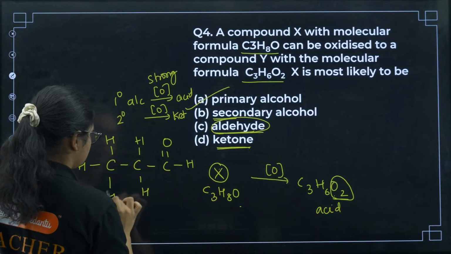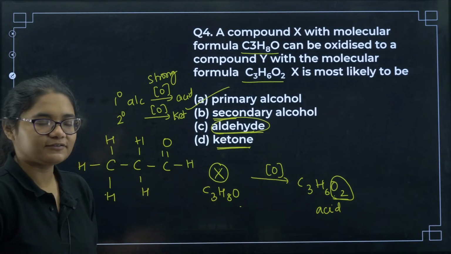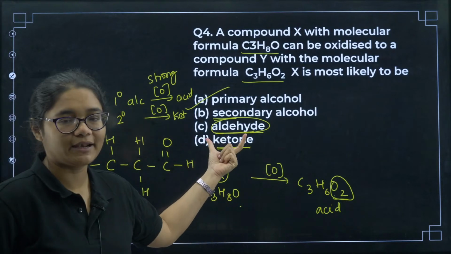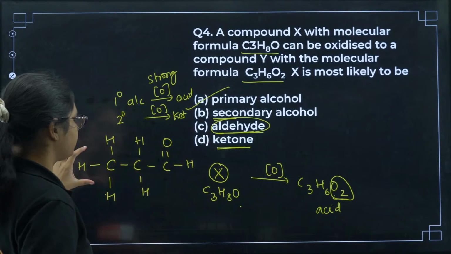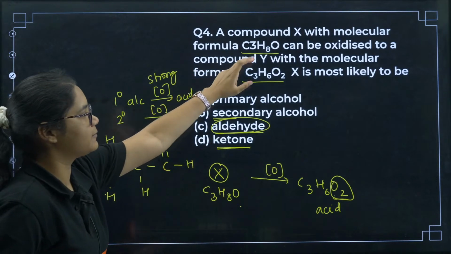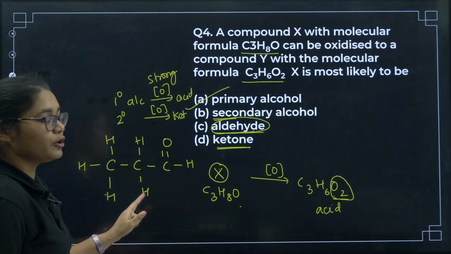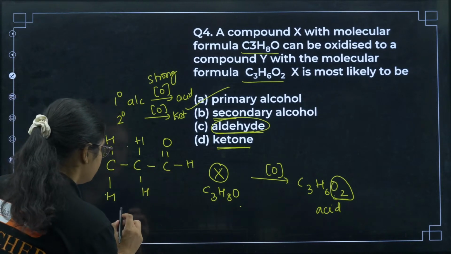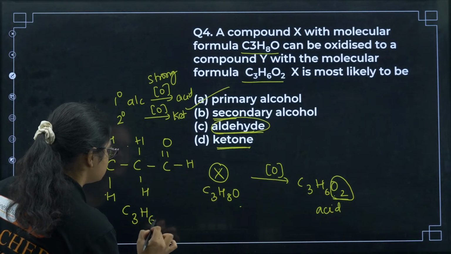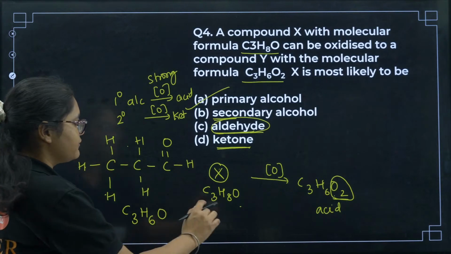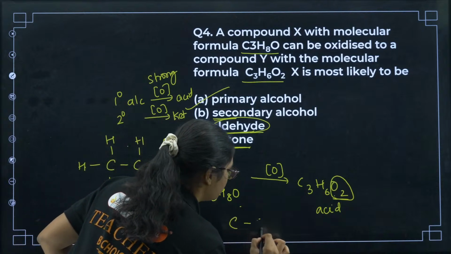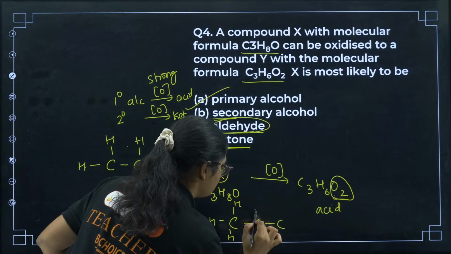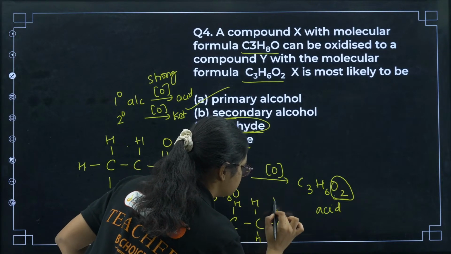Okay. See, Sobha, please see this question. Your question is very good. Sobha has asked a very good question: why can it not be an aldehyde? If I have to write a 3-carbon aldehyde, what has to be the molecular formula here? 1, 2, 3, 4, 5, 6. So I will have C3H6O. But if I write an alcohol, 1, 2, 3, so I have 1, 2, 3, 4, 5, 6,